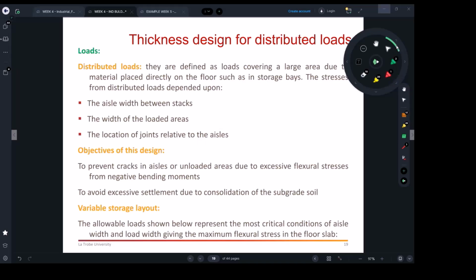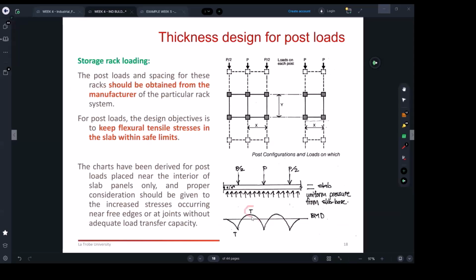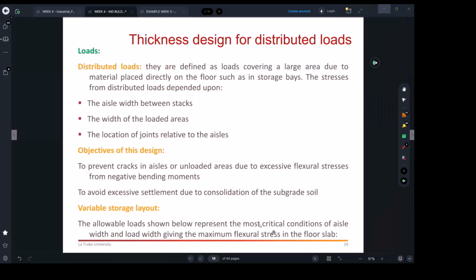Yeah, so basically all these checks you would do are just to make sure that there won't be excessive flexure that will end up breaking the slab. We're talking about the negatives, the negative bending. Whenever you change these properties I was talking about, you're effectively changing this curve, and you may add negative bending above the steel that was placed